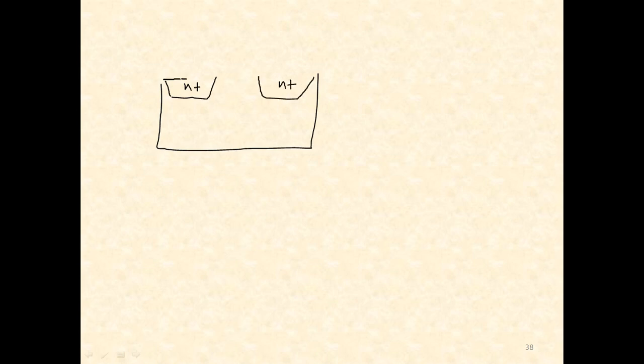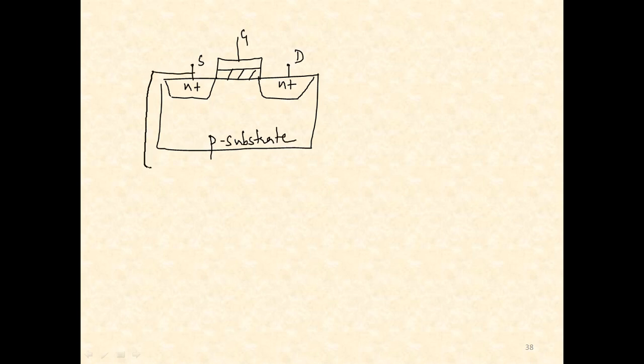N plus, gate, source, and the drain, P substrate. Source and the substrate are tied and then connected to ground. So what if VGS